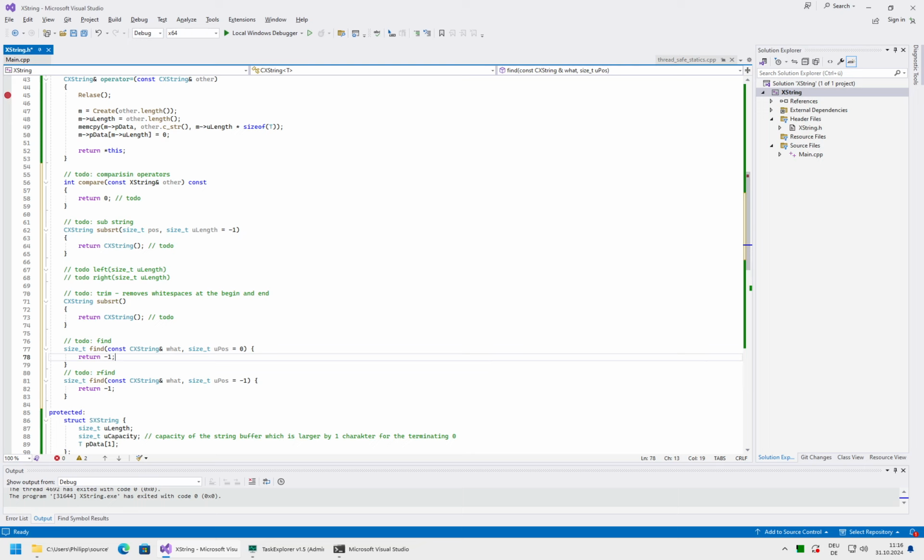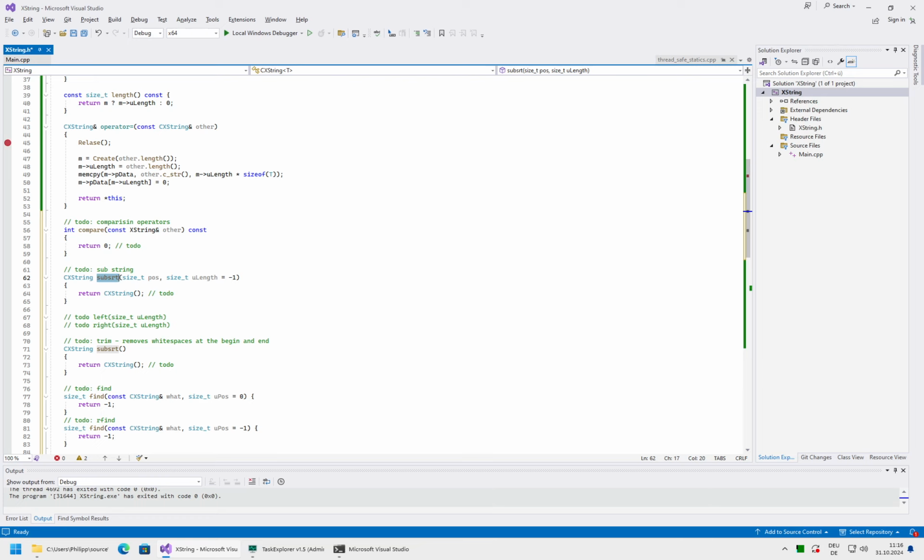Left and right are also good assignments, as they are variations on substring. And the thing is, for the normal find you might already need compare, so not necessarily. Yeah, I think this is a reasonable thing to do. Okay, so